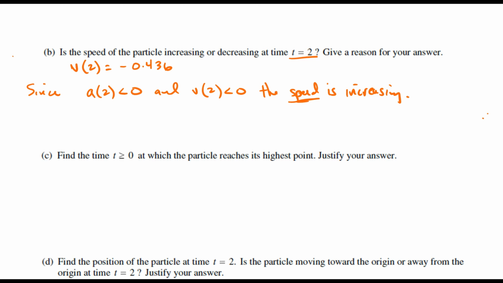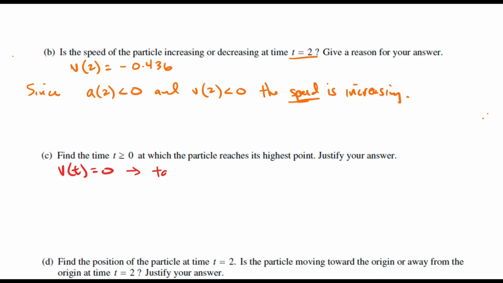So normally what we would do when we talk about highest point, maximum, minimum, we're thinking about taking the derivative. But in this case, because we're given a velocity function, we don't have to do that. We can just look at the velocity function itself. So we're looking for where is the velocity equal to 0. And if you do some quick algebra,